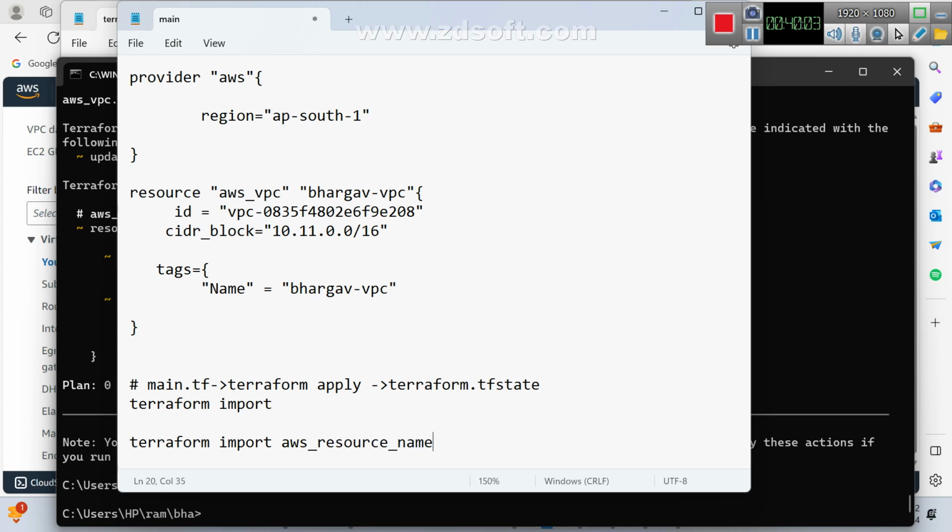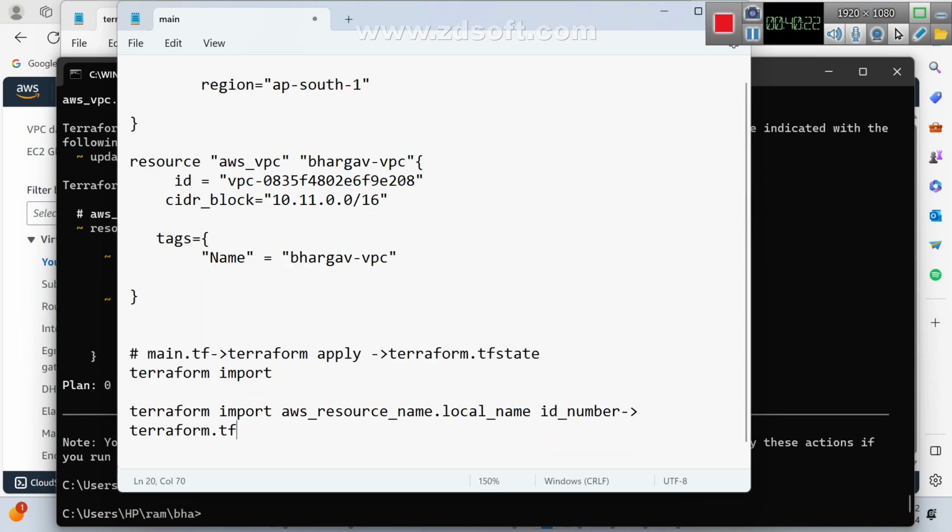Resource name dot local name, space ID number. If you do like this, what creates? The terraform.tfstate file. From the state file, what we are creating? main.tf. I hope you got the clarity a little bit. Is it clear for you? Yes, sir.